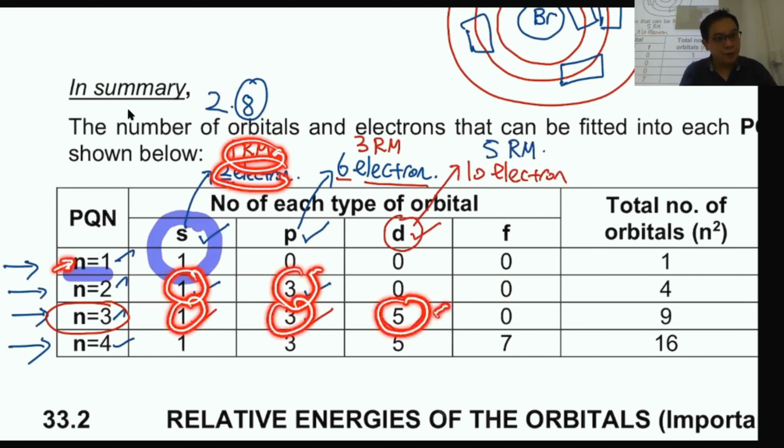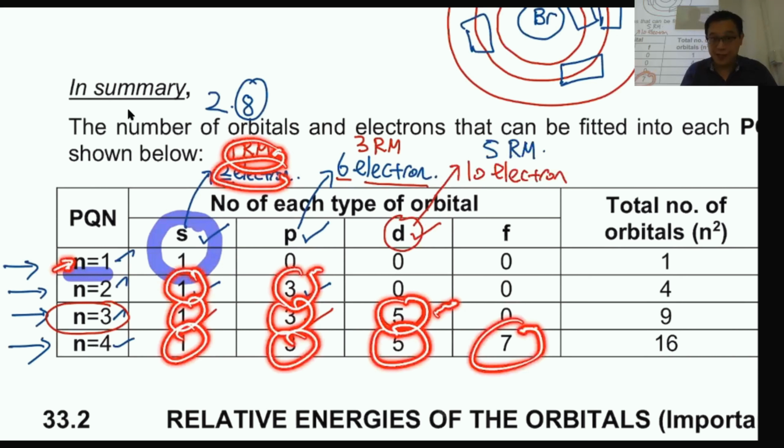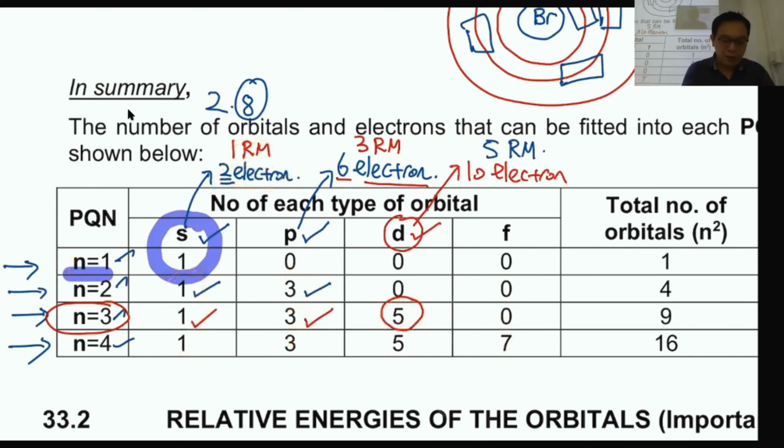Then what about the fourth one? If it's the fourth electronic shell, you have 1 room, 3 room, 5 room, and also 7 room. But the 7 room is not in the syllabus, so you don't have to worry about this. Most of the time, the A level only tests until where? Until the 4s orbital. Most of the time, 99% of the questions. With some exceptions, they can go to the p and your d, but it's not